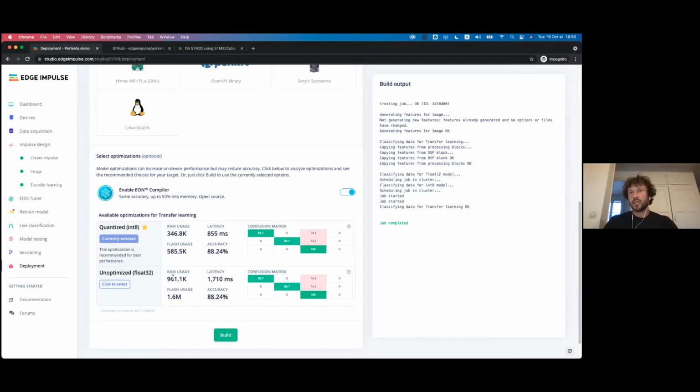In some cases, you can have better performance, better accuracy with the unoptimized one, with the float 32. Here in our case, we've got exactly the same accuracy. But the benefit of using the quantized version is that it takes less space in memory, and the latency is also much better. So we are going to select the quantized